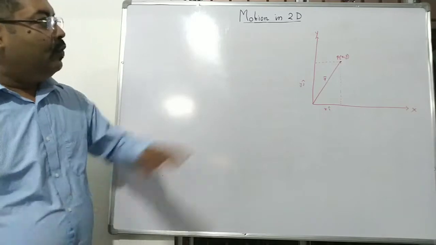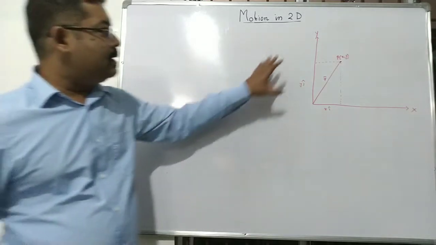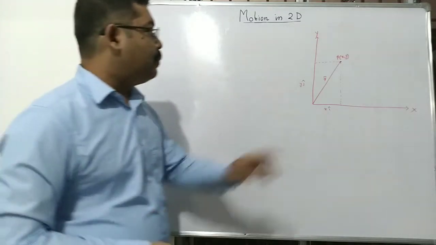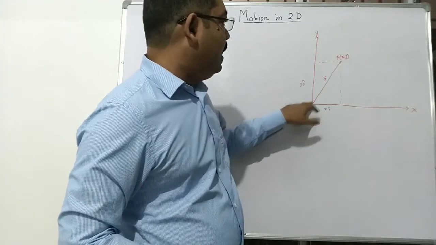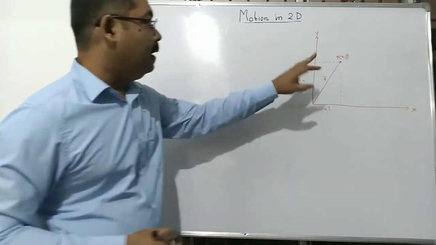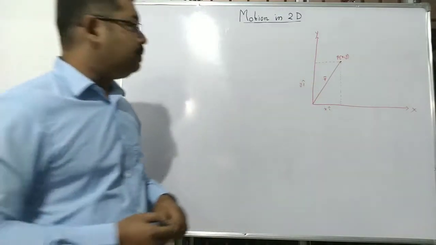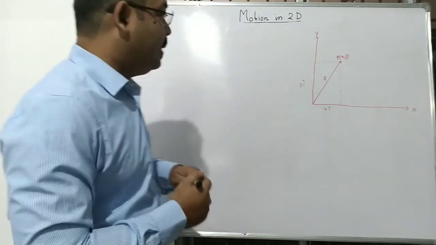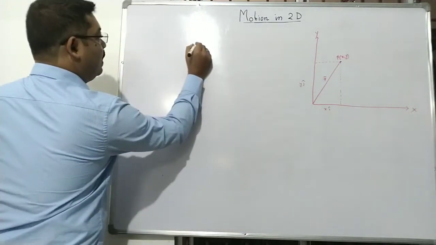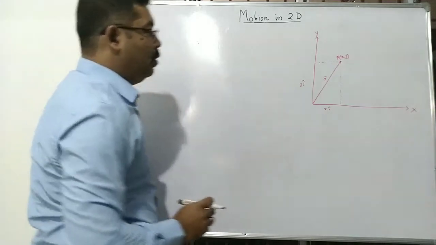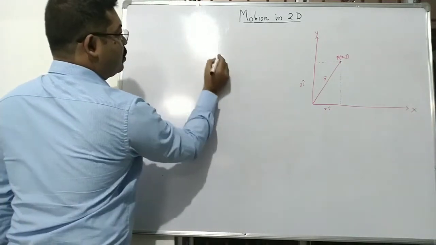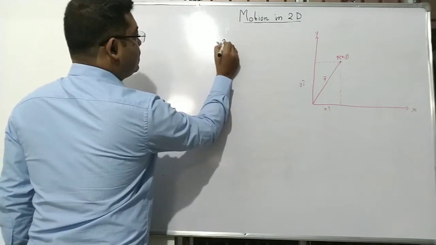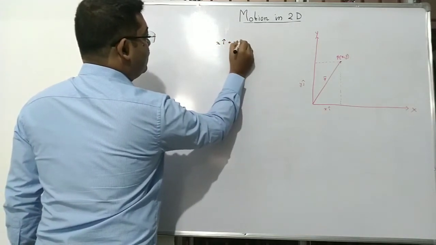Let us say we have a two-dimensional plane, and let's take the coordinate system x and y. And let's say in this plane, at point P, given by the coordinates x and y, there is a particle. So, in terms of vector, the position of the particle P can be given by a vector r, which can be expressed in terms of its components as x i cap plus y j cap.